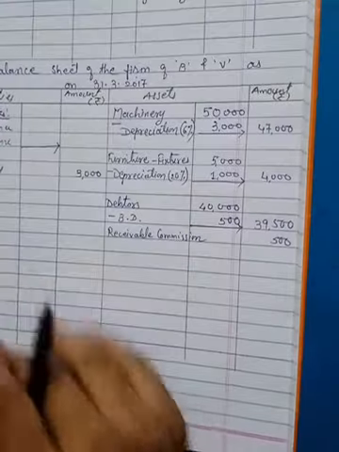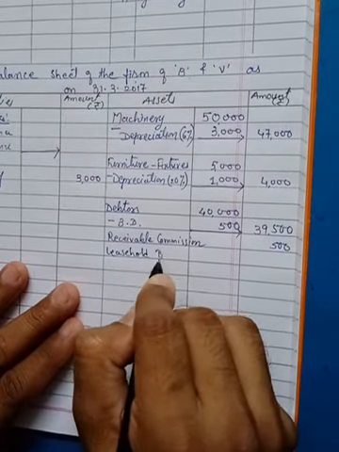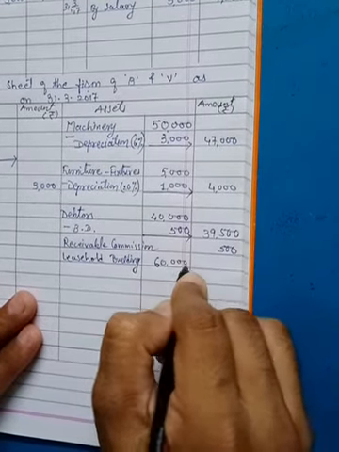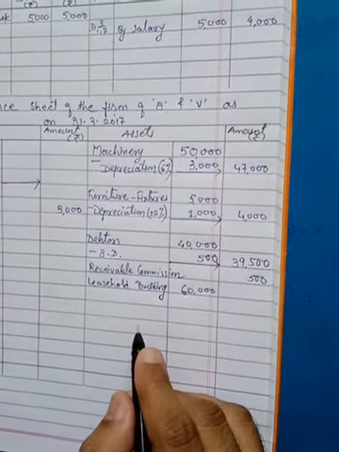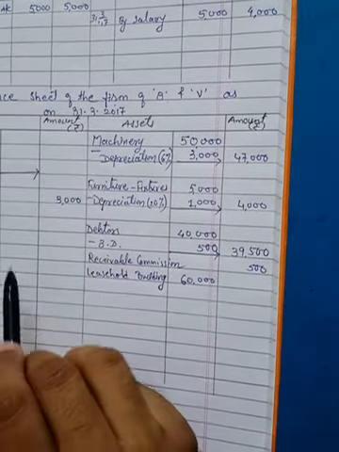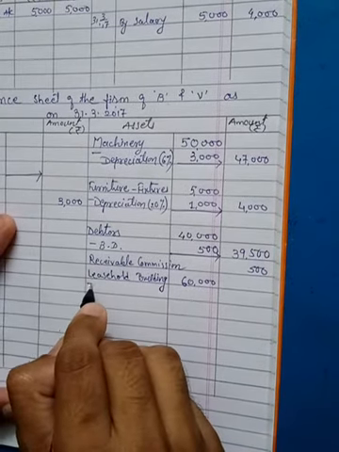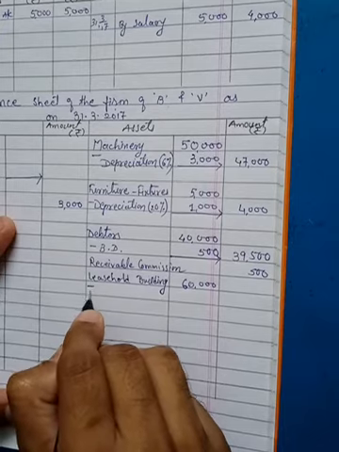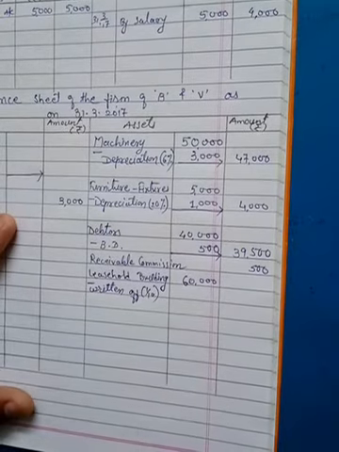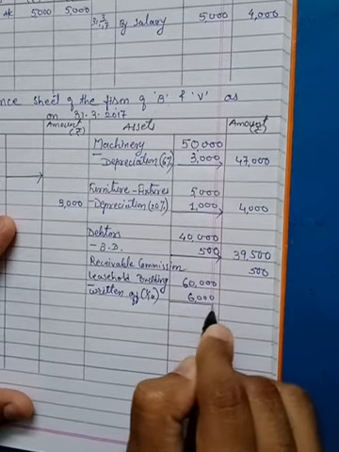Leasehold building is given, it is an asset. So on asset side of the balance sheet, leasehold building, and the amount we have to write in inner column, which is available 60,000, and in brackets they have given that it is from 1/4/16 for 10 years. 1/4/16 is the beginning of current year. So from the current year it is taken for 10 years, means this amount will be written off within 10 years equally. So the amount to be written off during the current year we have to deduct from this leasehold building. So I can write minus written off, it is 1/10 amount, 10 years means 1/10 amount. So 60,000 divided by 10, which is 6,000 every year.